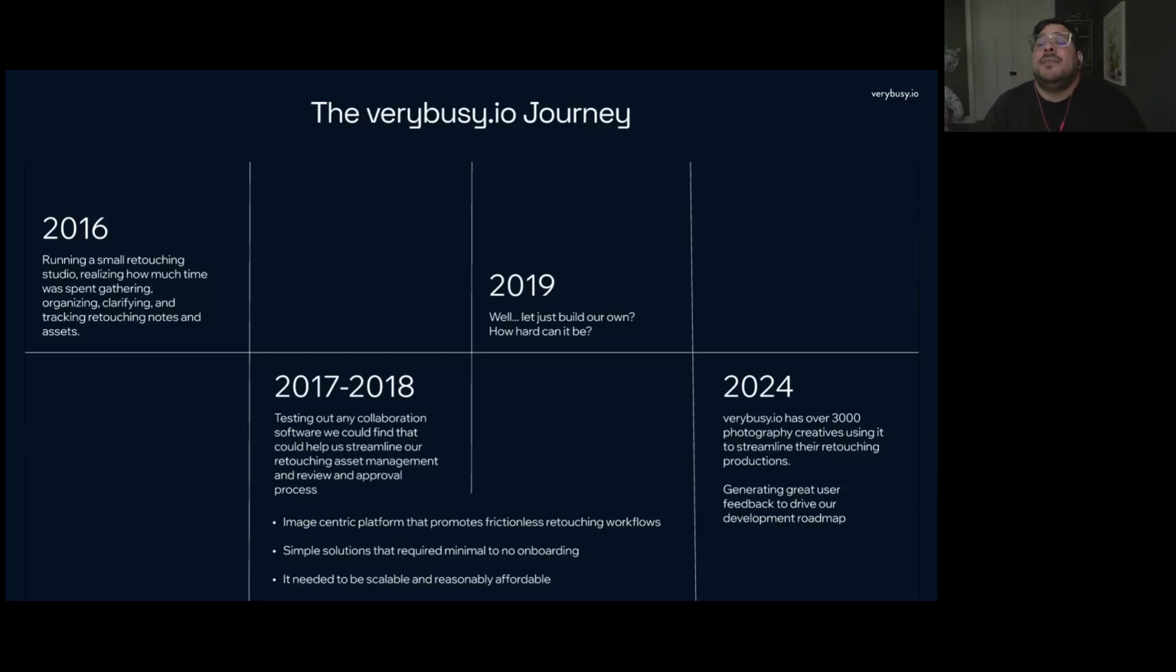We're like, there's got to be a better way. So we dove in. At the time, a whole decade of collaboration software was coming out, and there's some good ones out there. So we started experimenting. We started trying them out. What can we incorporate into our practice to streamline all this? We had a few